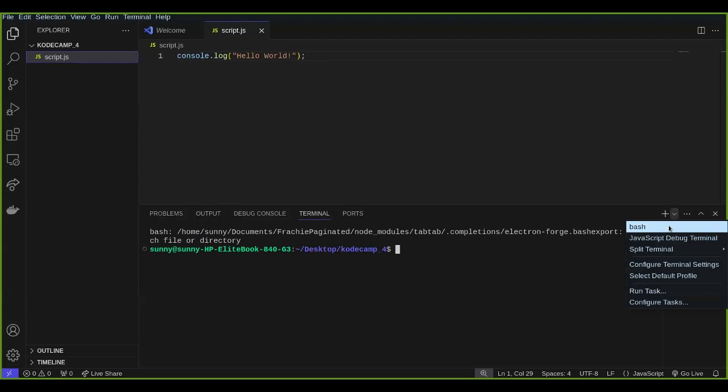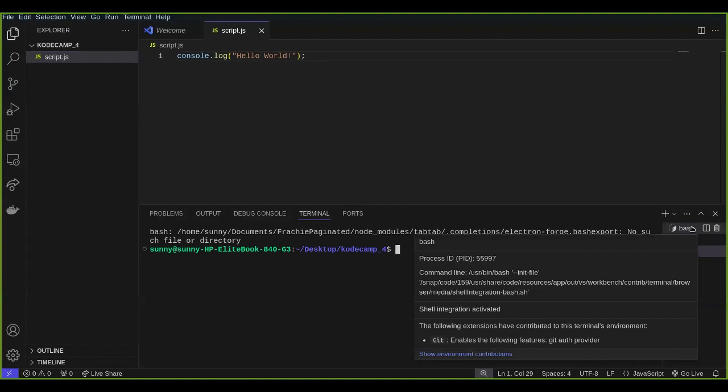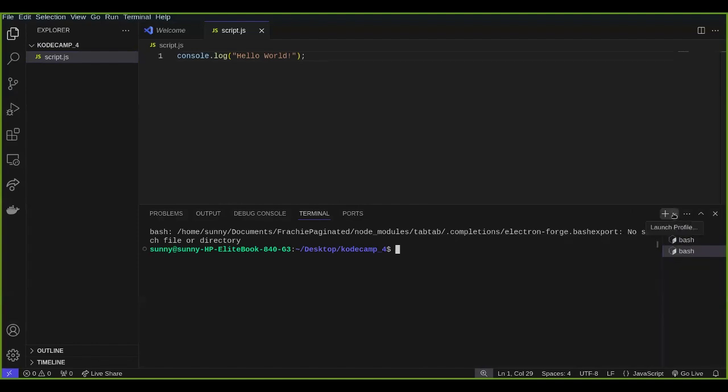So you can choose bash, right? Bash is the default in Linux, but on Windows, when the terminal comes up, you see this arrow down there. You now choose bash. Once you choose bash, you see an interface similar to this, right? Then from this interface you can execute your JavaScript code.